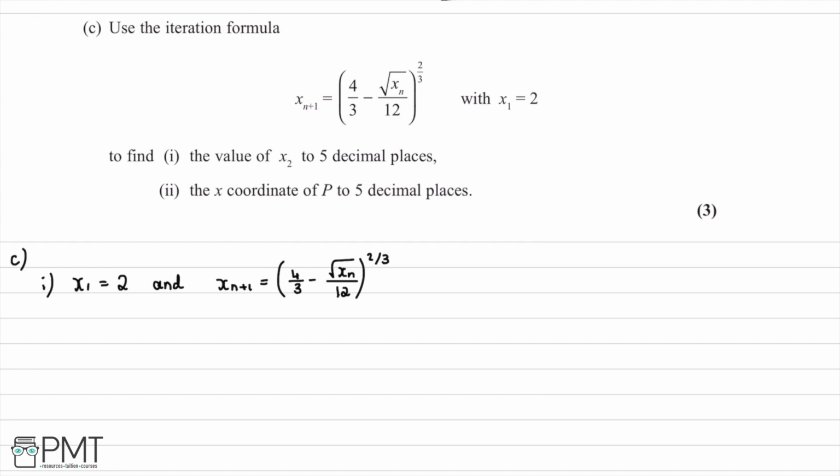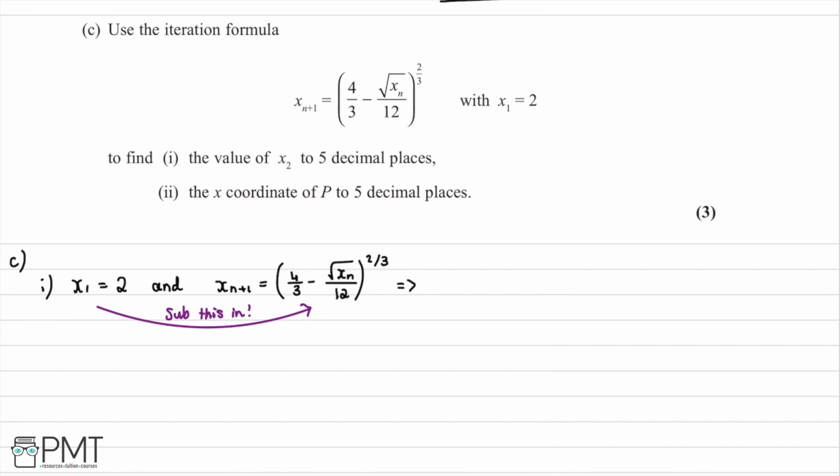So to find x2, what we can do is use the value of x1 that we're given and substitute it into this formula here. So I'll just draw an arrow here just to highlight what we're going to do. So we're going to sub this in. So therefore, we can say that x2 is going to be equal to 4 over 3, then we're going to subtract the square root of x1 over 12, and then we take all of that and put it to the power of 2 over 3. This time we sub in because we know the value of x1, so we're going to have 4 over 3 take away root 2 over 12 to the power of 2 over 3. So what we do is we take our calculator and plug this in,